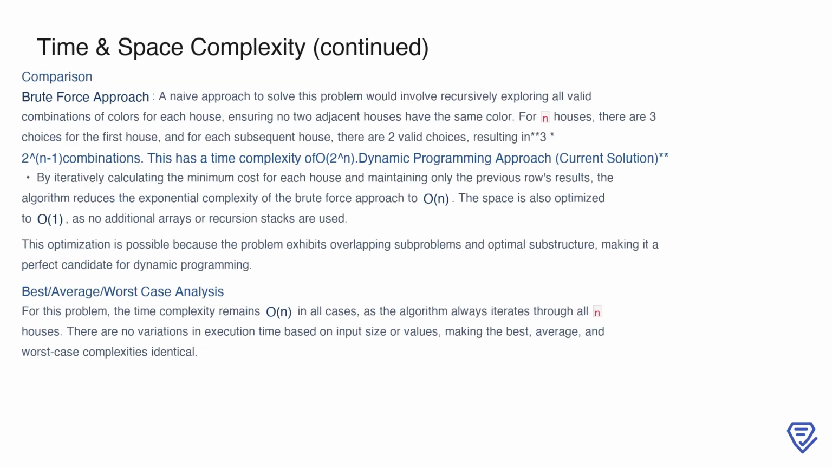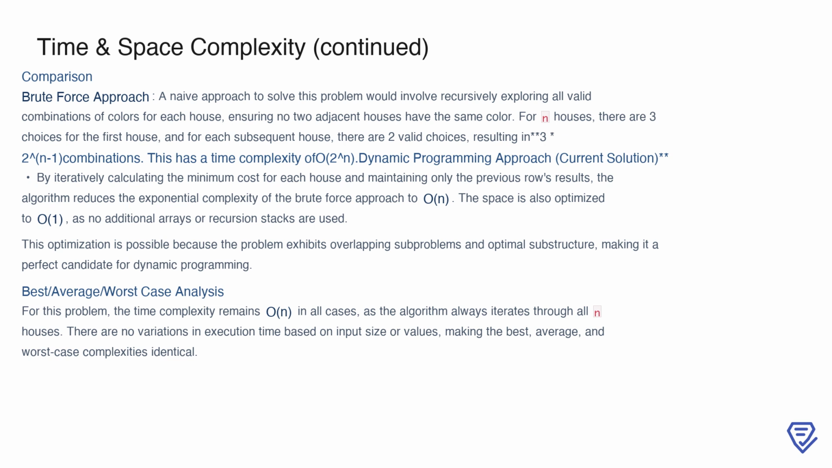To better understand the efficiency of this solution, let's compare it to a brute force approach. In a naive solution, we could recursively explore all possible combinations of painting the houses, ensuring no 2 adjacent houses share the same color. For n houses, this would result in 3 choices for the first house and 2 valid choices for each subsequent house, leading to 3 times 2 raised to the power of n-1 combinations. This approach would have a time complexity of O(2^n), which grows exponentially and becomes infeasible